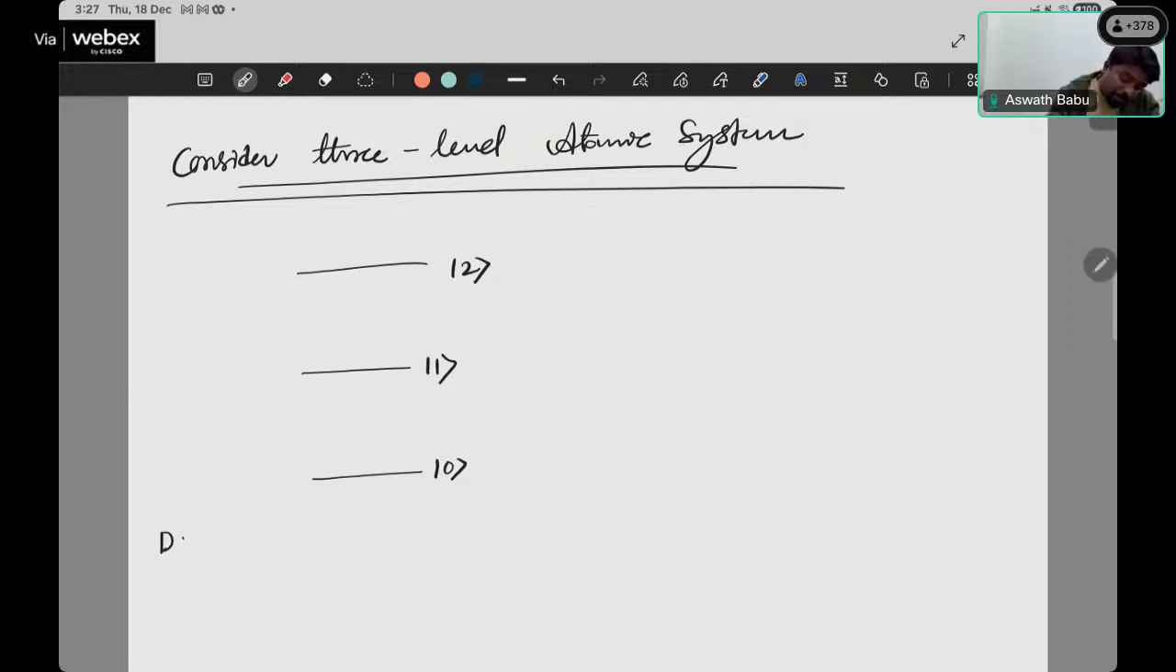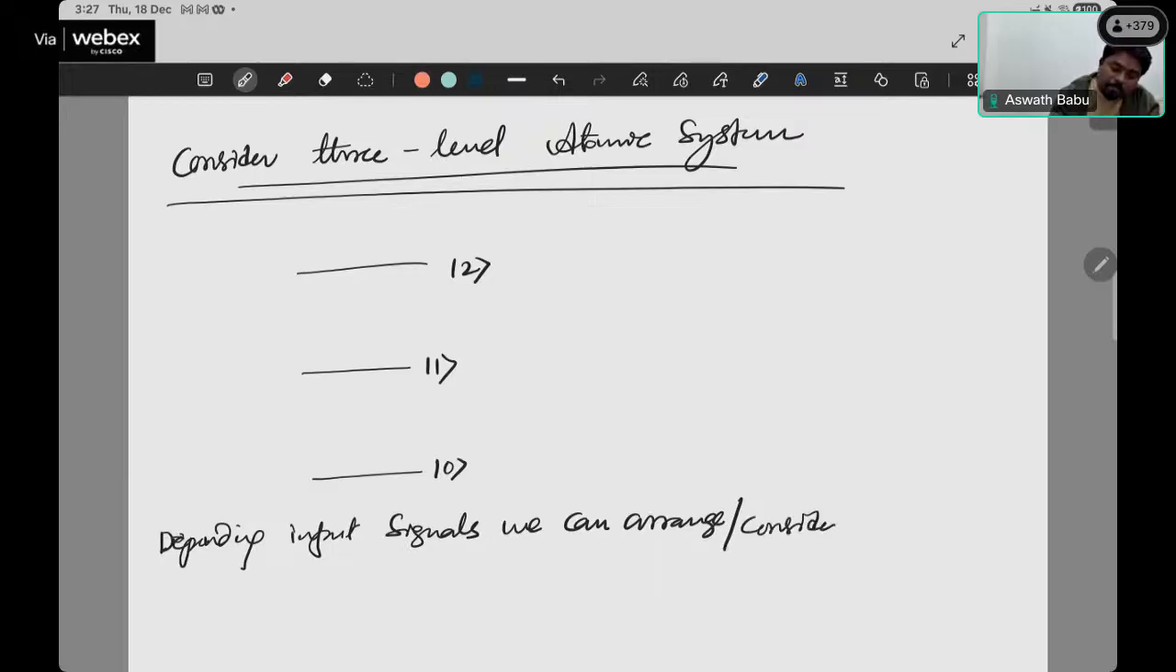Remember, depending on the input signals, we can arrange, or consider, this three level system, three levels, in different configurations. What are those configurations? Let me show you. Number one,